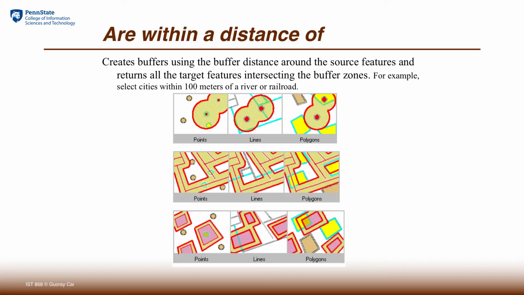For example, if you have a nuclear power station and we think there's a risk area of 3 miles around it, we can create a buffer zone and then find out which properties are inside that risk area. So the analysis does not show the buffer boundary, but it does show the result of the selection. It returns all the selected targets that have something to do with the buffer.